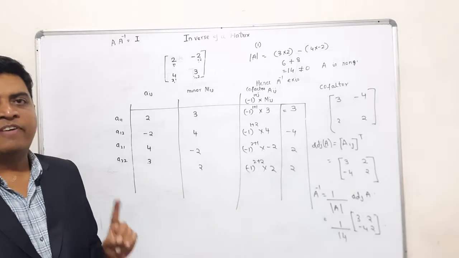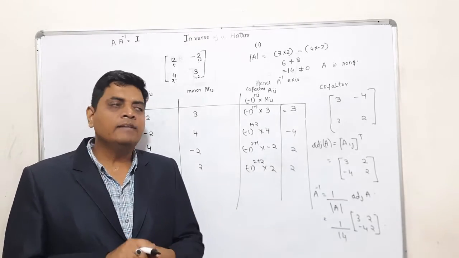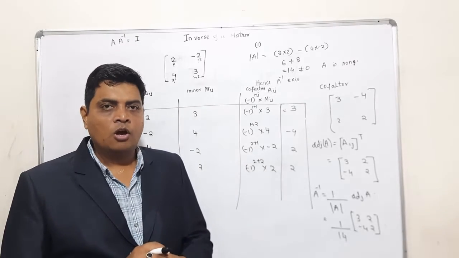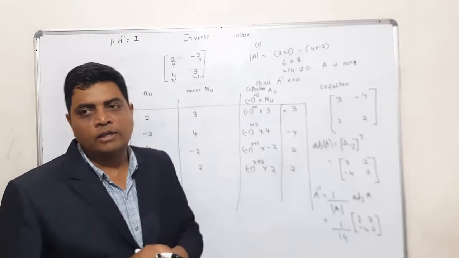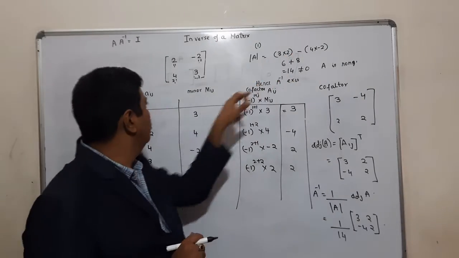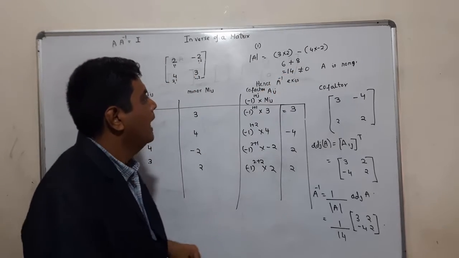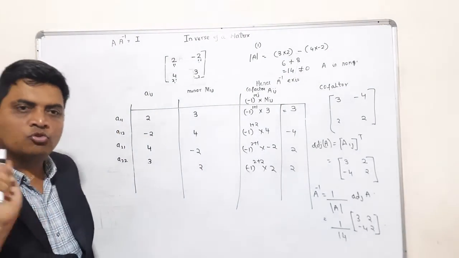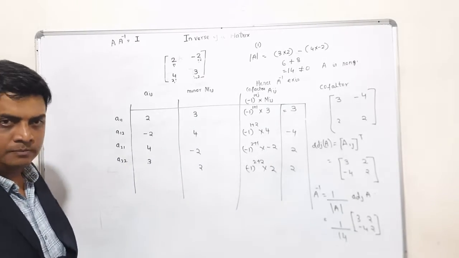To find A inverse, the first step is to find whether you can find the A inverse or not. To find that out, you have to find the determinant. You have to show that it is a non-singular matrix. For a singular matrix, you cannot find A inverse. So if the determinant is 0, it is not possible. Now first I will find the determinant of A. It is 3 into 2, which is 6, minus 4 into minus 2. So it will be 6 plus 8, and the answer is 14, which is not equal to 0. Hence, it is non-singular. So the matrix is invertible, or you can find A inverse for this matrix.